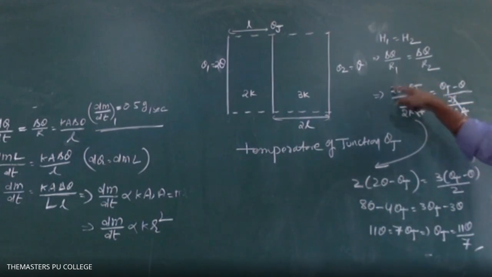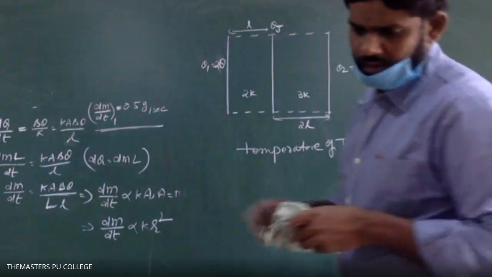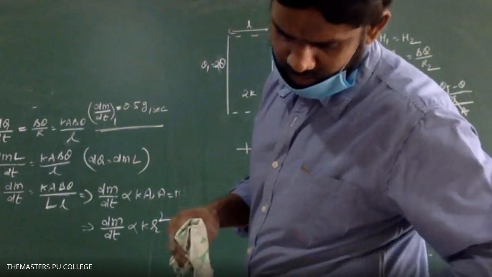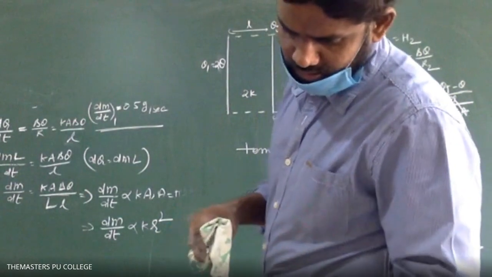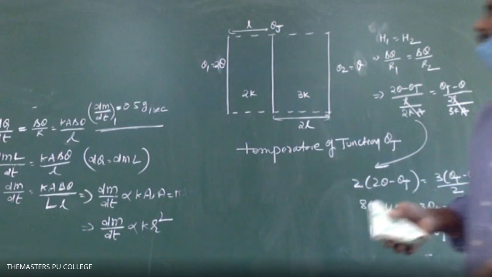This is 2 theta minus theta j. This 2 will come into the numerator. That's why I got this. Here 3 will come into the numerator. That's why we got this. And if this 2 is taken this side, 2 twos are 4, 4 twos are 8. 8 theta minus 4 theta j equals 3 theta. Which option have they given? The third one: 10 theta by 7. Assume steady state heat transfer. Check if there are any calculation mistakes.